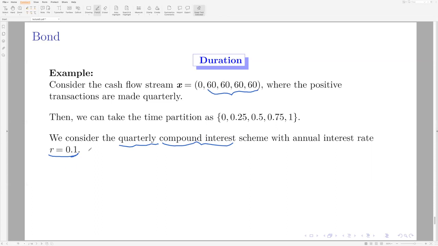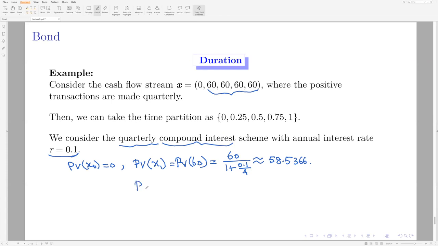So you can of course see that the present value of x0 is actually 0, and the present value of x1, that is present value of 60 rupees, is nothing but x1 divided by 1 plus 0.1 divided by 4, right? Because the interest rate is 10%, therefore R is 0.1, and you are compounding quarterly. It means in 1 year you are giving 4 times the compound interest. So therefore this is 4, and that is in my calculation approximately equal to 58.5366. And similarly, the present value of x2 is approximately equal to 57.1089,